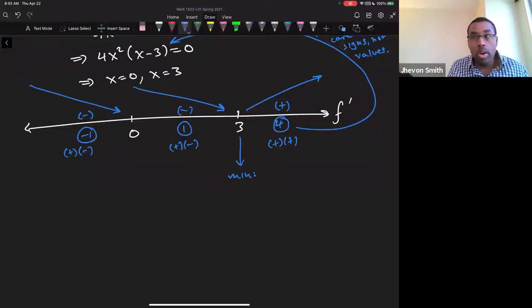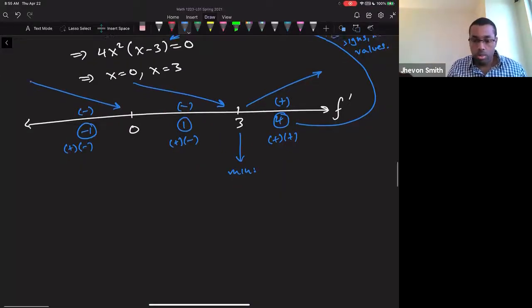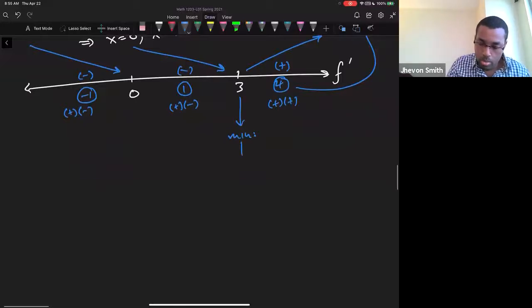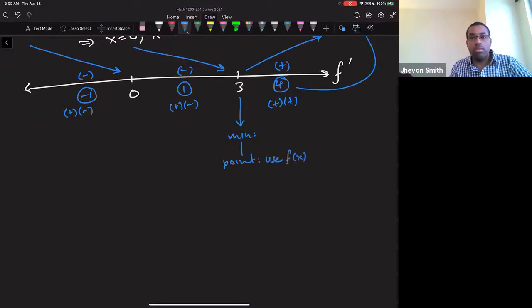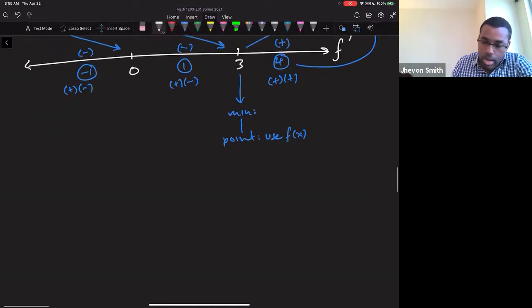We would want to know what this is. So to find the point, you would use f of x. You would use the original function, right? So you have to know when to use which function. If I want to know the actual coordinate that is the minimum, I don't use the derivative, I use the original function. So here I would just have to find f of 3,